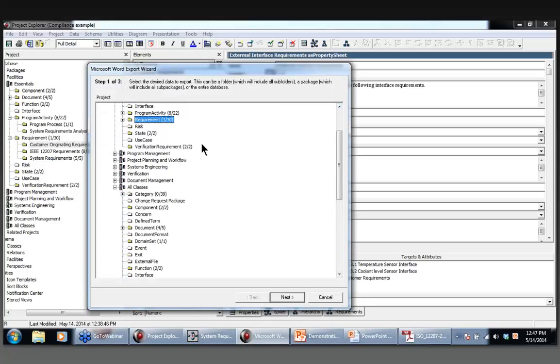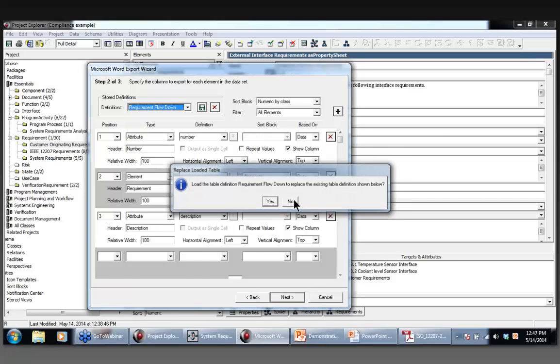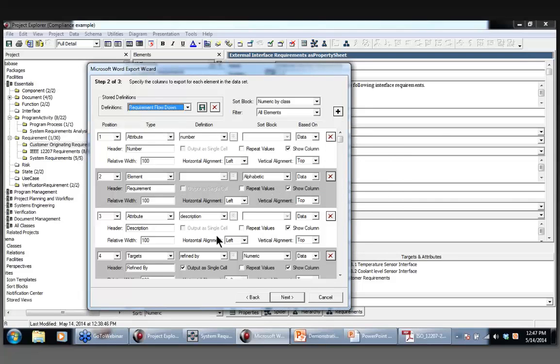If you're interested in getting it, obviously contact us and we'll work with you. But using this wizard, I selected the requirement, and then I came over here, and there's a requirements flow down view, and I used this as the basis. I added a little bit to it, but this basically will output